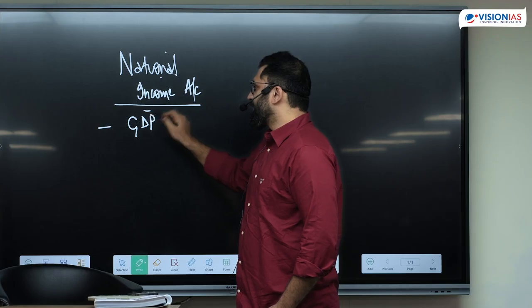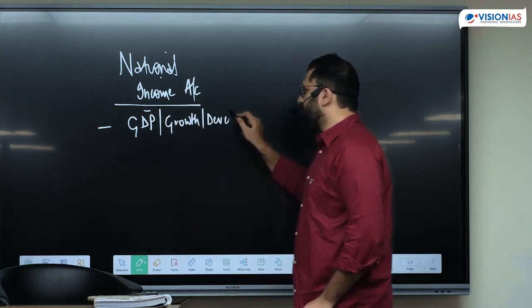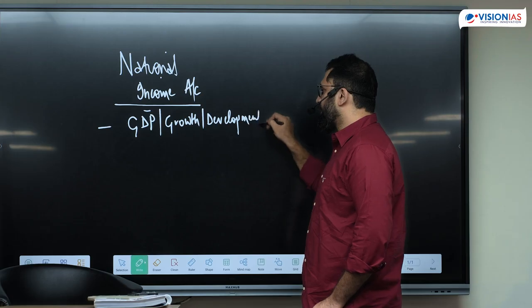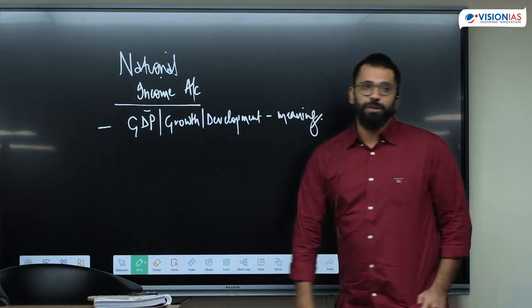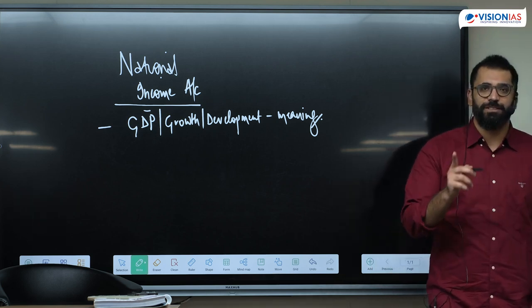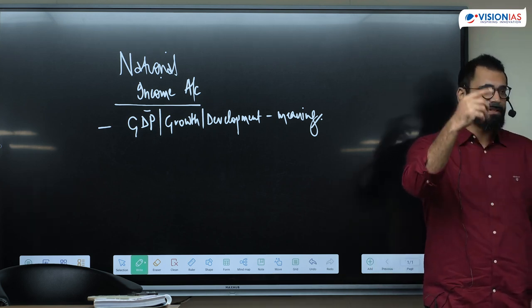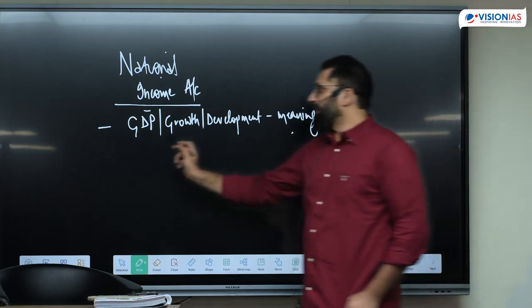Whether it was GDP, talking about growth or development, they just asked the meaning of all of these terms. There was no technicality involved. The question was growth versus development, if this is happening, or GDP. All of those questions are just asking the meaning of the term. The second type of questions was